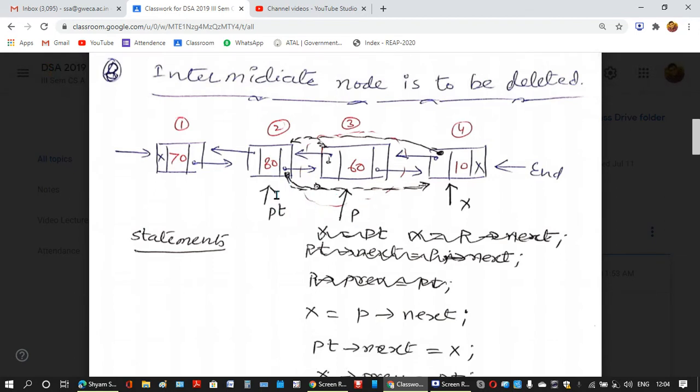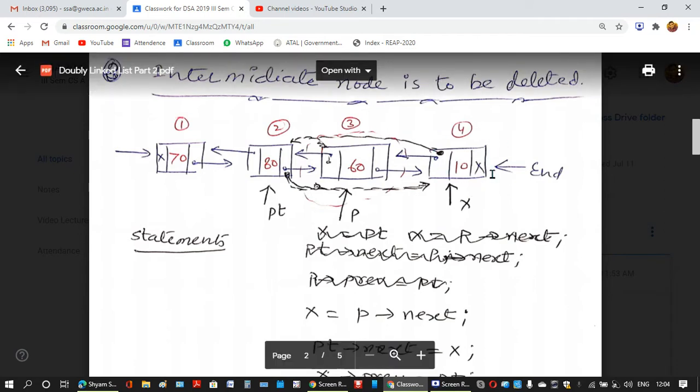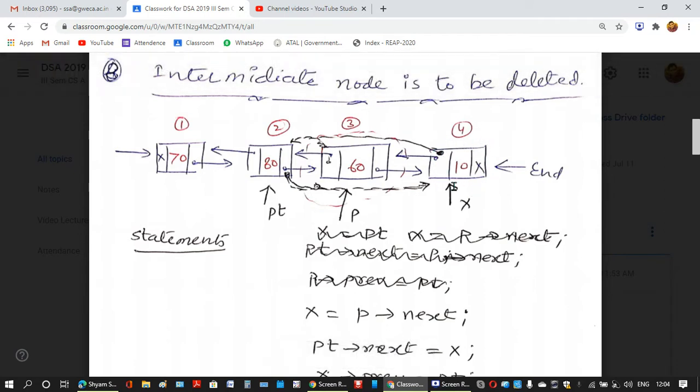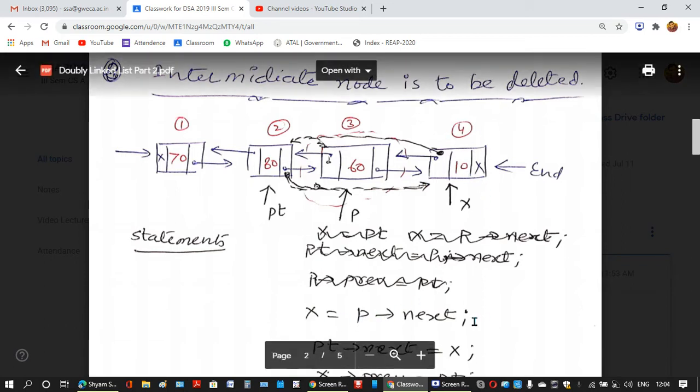So this in blue shows what is already there, and this black shows what I want to do. After removing this 60, the next part of this 80 node that is pointed by PT, means pointer of this is PT, PT next should hold the address of this node, the fourth node, that is 10. So I need the address of this node. So I write a statement x equals to P next.